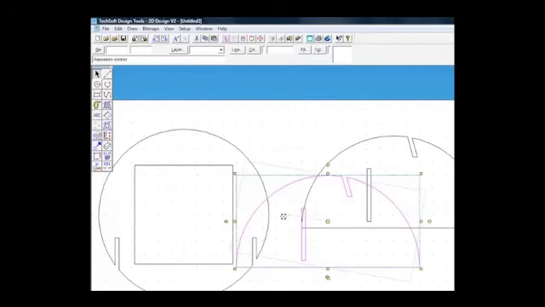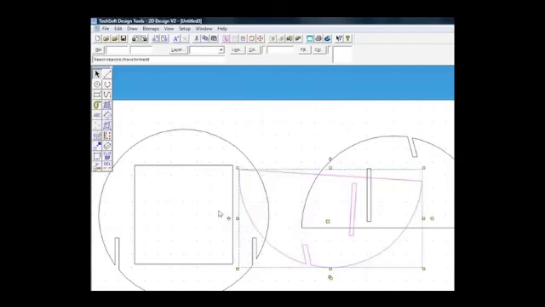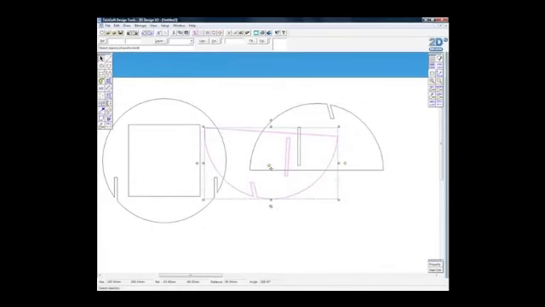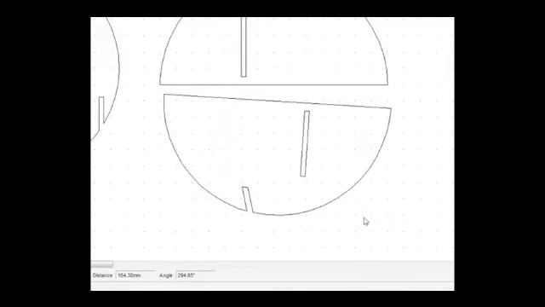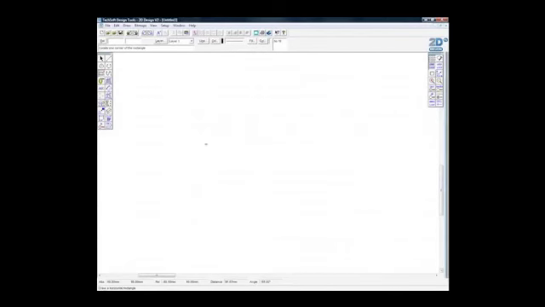Okay, so we've done copy, paste, and rotate. It's sticking to that gridlock a bit, but we'll just drag that down. Now that's ready to be cut out. Okay, we've just got one more section to do to join this all together,